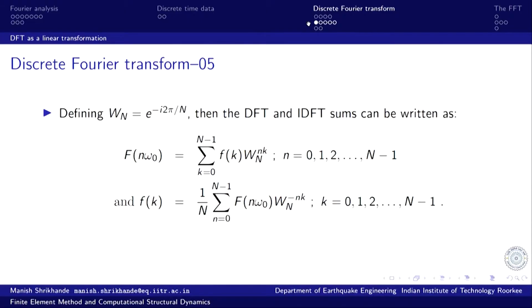So, we looked at the problem of the discrete Fourier transform as a linear mapping problem, a linear transformation. We saw that the discrete Fourier transform and inverse discrete Fourier transform can be represented as a linear transformation between two sets of numbers. So, n data points can be mapped onto another n data points by using a square transformation matrix, and that square transformation matrix comprises complex exponentials.